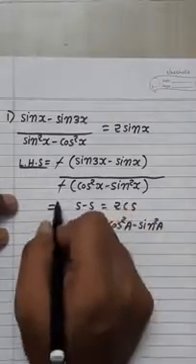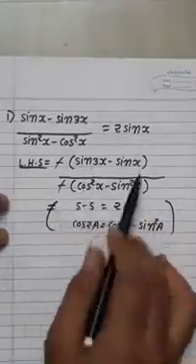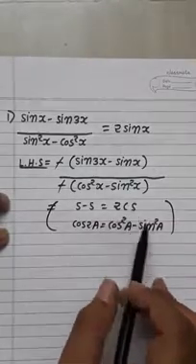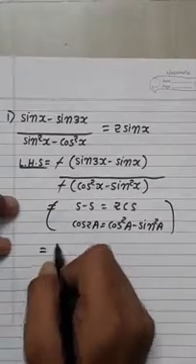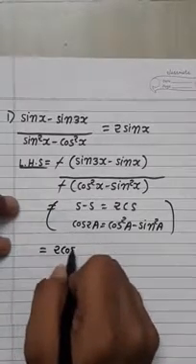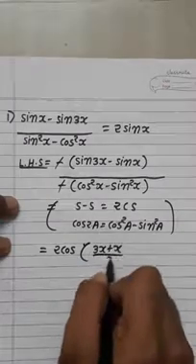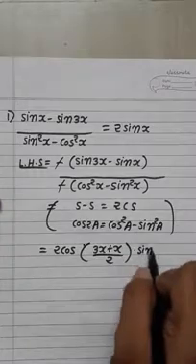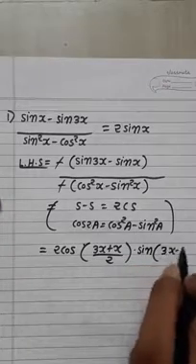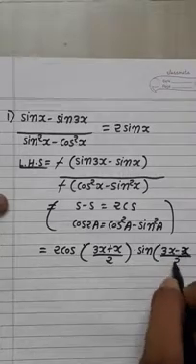So in the denominator we use this result and in the numerator apply the identity. So it is equal to 2 times cos of bracket 3x plus x divided by 2 into sin of bracket 3x minus x divided by 2